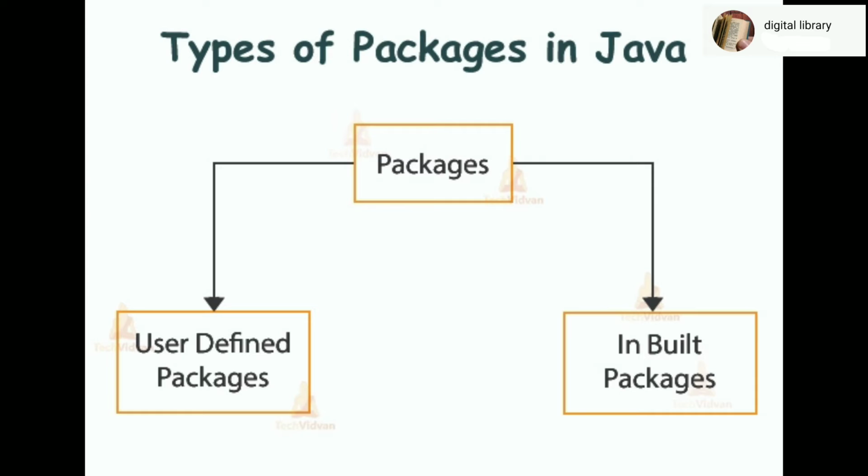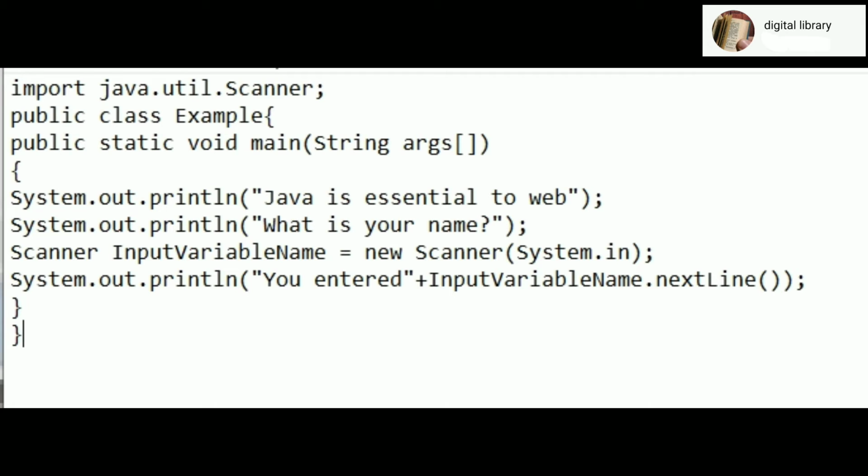However, the Scanner class is not part of the core Java language, so you need to tell the compiler where to find it. For you to use this, you need to include this line of code at the top of your program, just after the prologue section. The line is import java.util.Scanner. Because of this statement, which you write at the beginning of the program, the Scanner class is being imported from the java.util package.